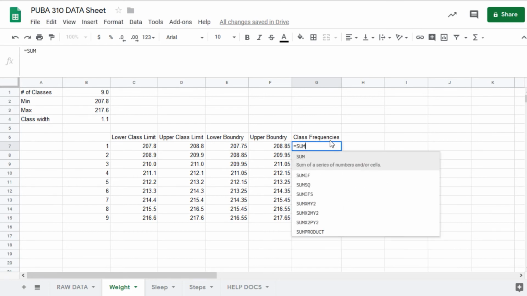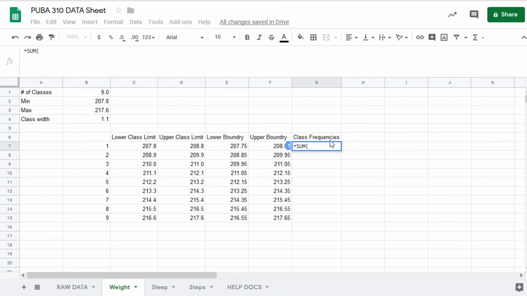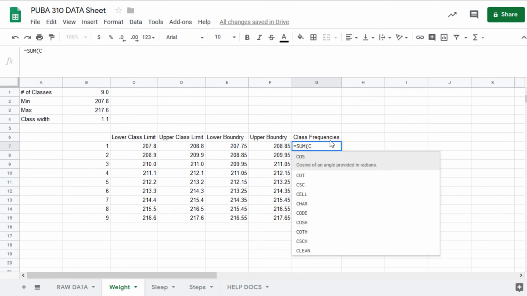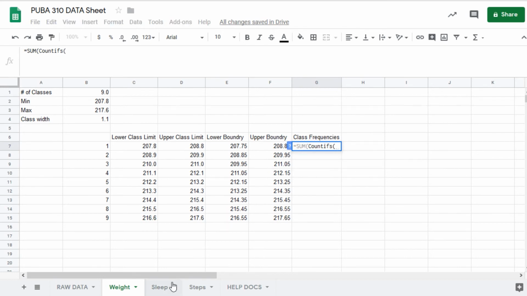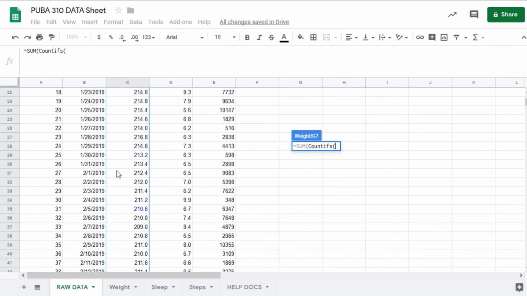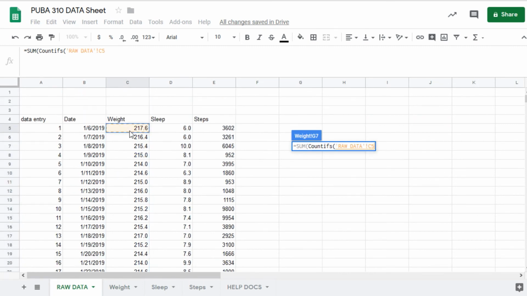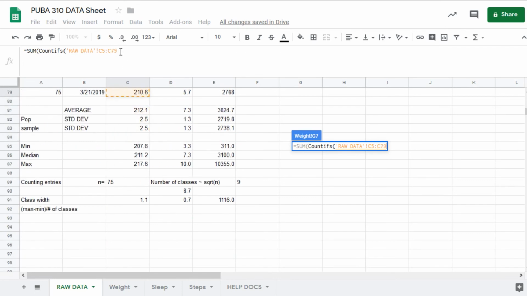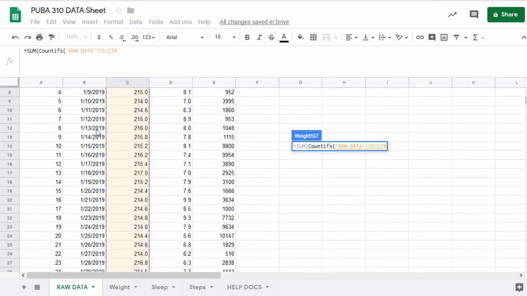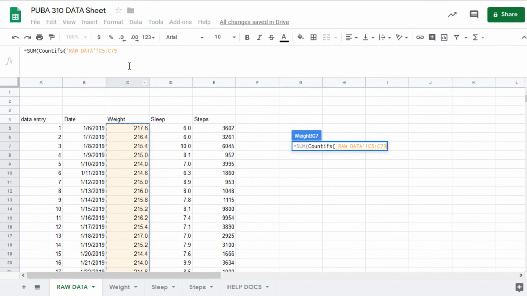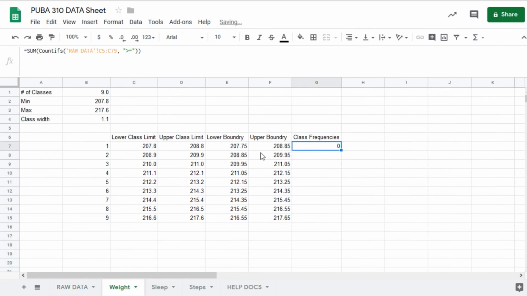So what we're looking for is to sum all the counts that fall into a specific category. We want things that are greater or equal than the lowest class boundary. So for that we need the range that we're going to be looking at. Okay, so this is the raw data. So we're looking at a range that is all the weights we talked about, with the condition that they're greater or equal than what? Well, then the